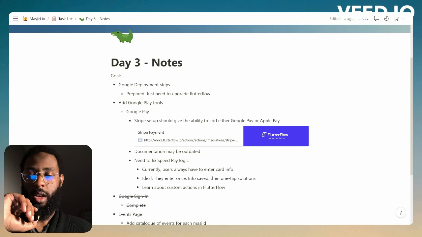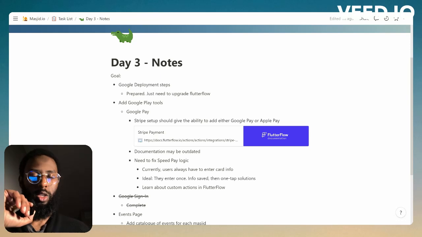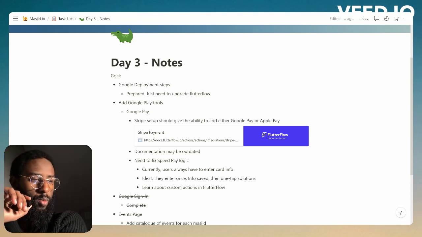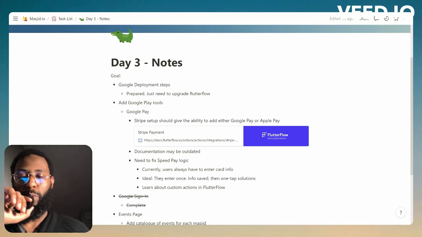Now, Google Play tools. There's Google Pay and there's also the Google Sign In. Google Sign In works perfectly, so nothing needs to be done on that end. Everything is good to go for Google Sign In. Google Pay, though,